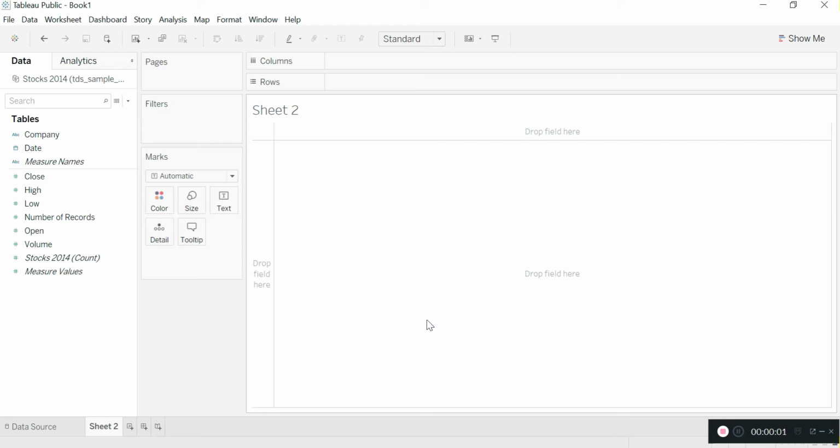In this section, let's look at how the filters work in a dashboard and how we can affect multiple views in the same filters in a dashboard. Let's create a worksheet first. For example,